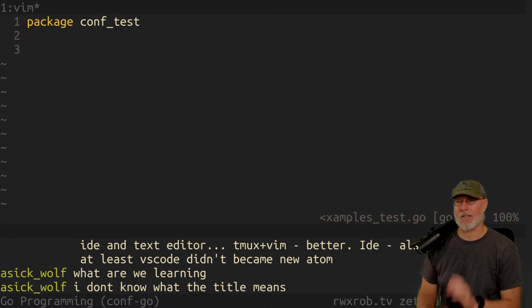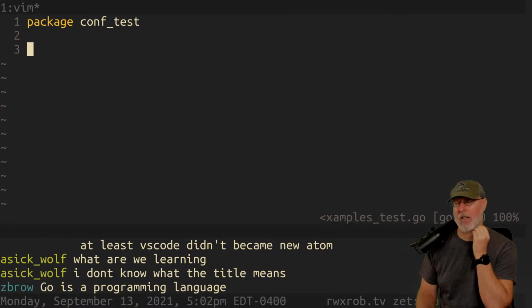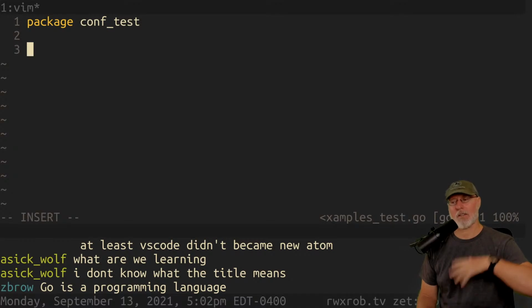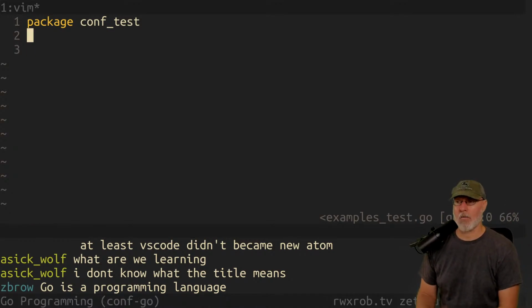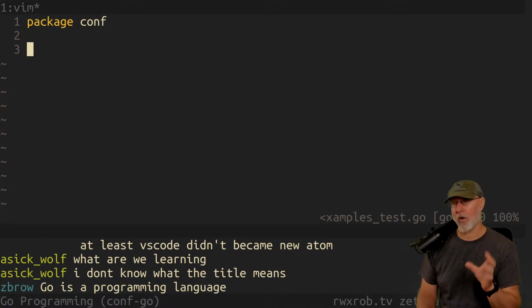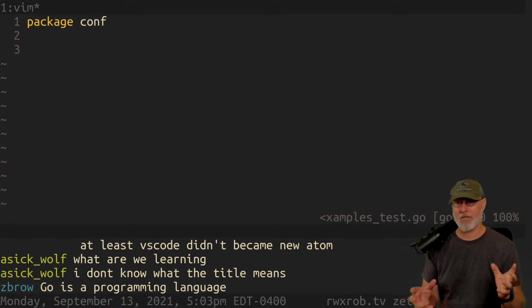That says that anything in here is going to be treated as if it were being imported from somebody else's remote repository someplace else. When you're doing tests, if you leave it off, then you can use locally scoped things. So everything in the same directory is all as if it were written in the same file. That's the most important thing to understand about this.